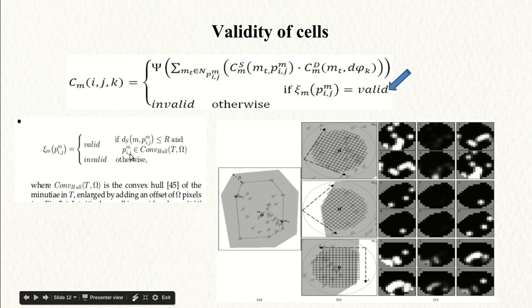If the distance between the point for a particular cell and the minutia is less than or equal to r, where r is a value calculated by many experimentations, and the point lies within the convex hull, then we will call it valid. The t and omega are offset values calculated using many experimentations on various types of fingerprint databases, and D is the set of all the minutiae in the fingerprint. Now moving to the previous slide.